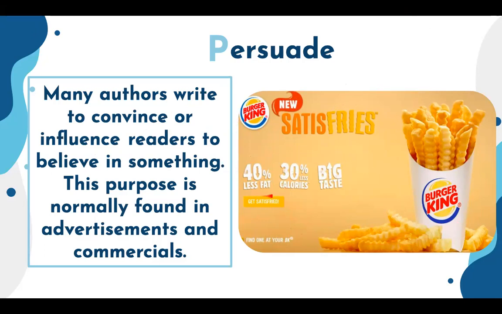As you can see, it says 40% less fat, 30% less calories, and it has a bigger taste. So by using this strategy, it tries to convince whoever sees this advertisement that Burger King fries are healthier and not as bad